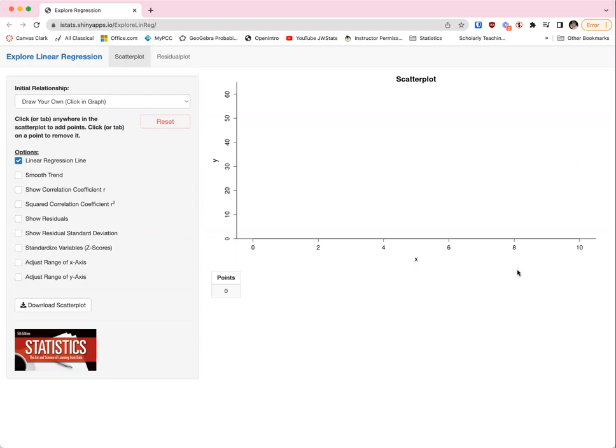Hey everyone, I wanted to show you this really cool website where you can create points on a scatter plot just by clicking your mouse, and then you can determine your regression line, correlation, and a number of other things. So here's the website up here. I'll link to it in the activity,